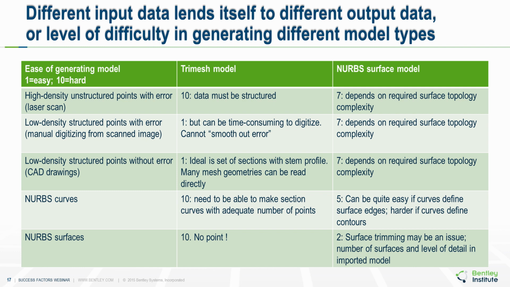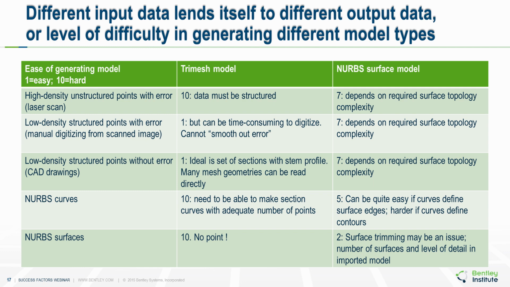So as mentioned earlier, the workflow and ease with which a model can be generated depends on the basis data and the desired model type. In this table, the first column shows 5 rows, each with a different type of basis data. Then in the second and third columns, I've shown the relative ease of creating a tri-mesh model and a NURBS surface model in MAXSURF. So in the first row, if we have a high density unstructured point cloud, which also